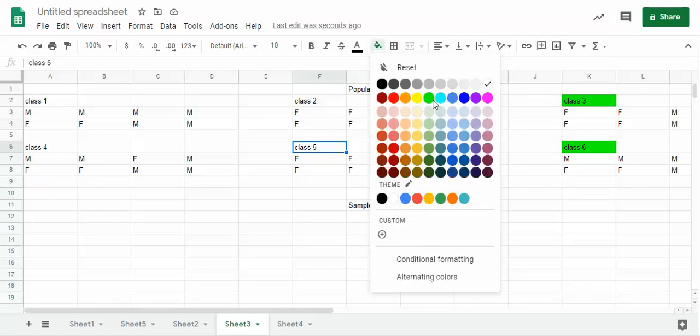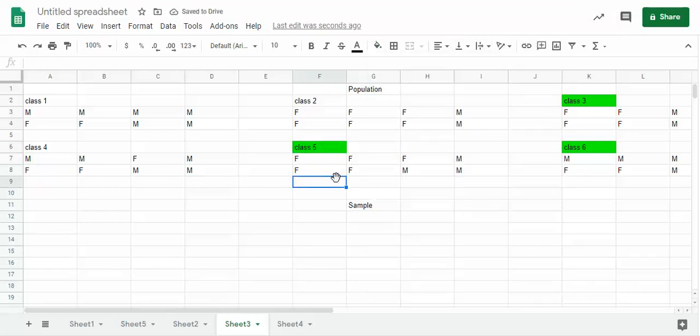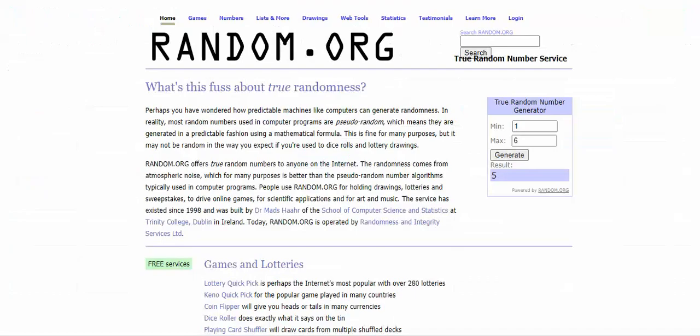And now what I want you to imagine is that you don't want to have to contact every person within these 3 classes. So what you do is you randomly select 2 people from each of your 3 selected classes. So, let's see. So what you do is you go to random.org. Let's start with class 5. So what you do now is set it from 1 to 8 and click generate, and you get your first